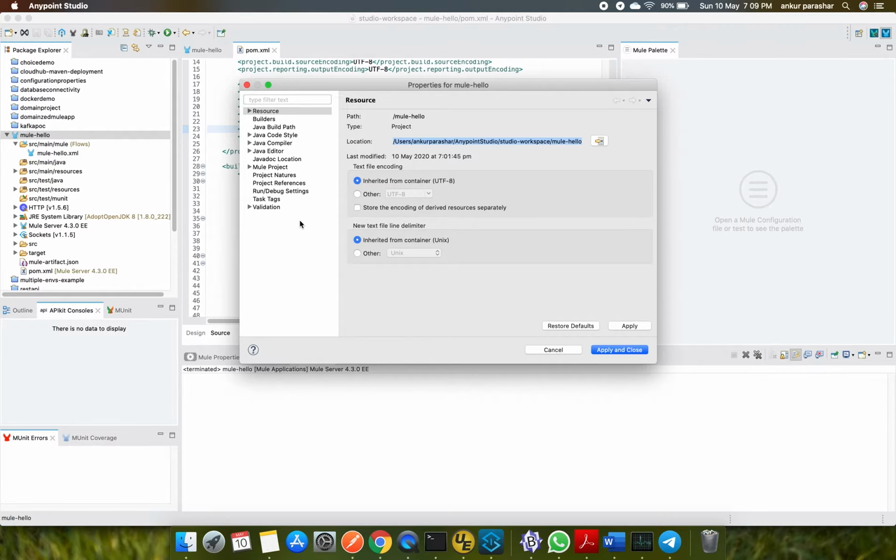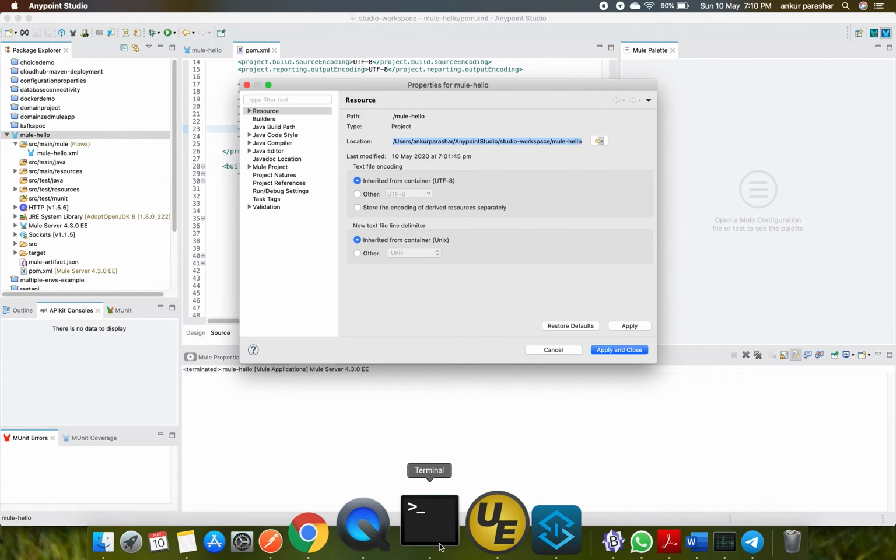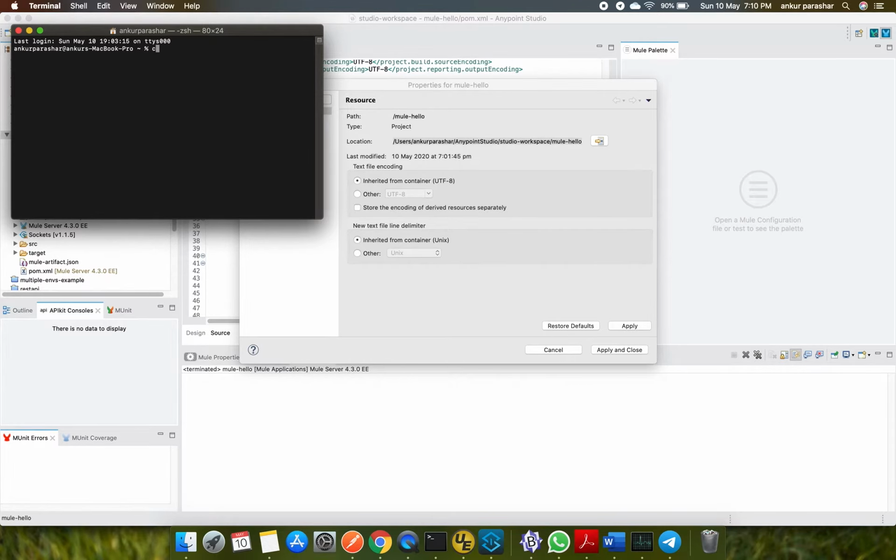So we have right clicked on the Mule Hello project, on the properties, and we have located the location of this particular project. I will copy paste this location and will open a new terminal window. So I will do a CD and I will go over this path.